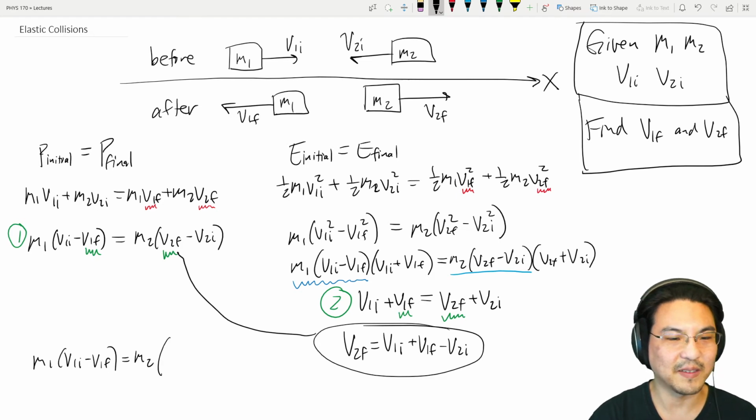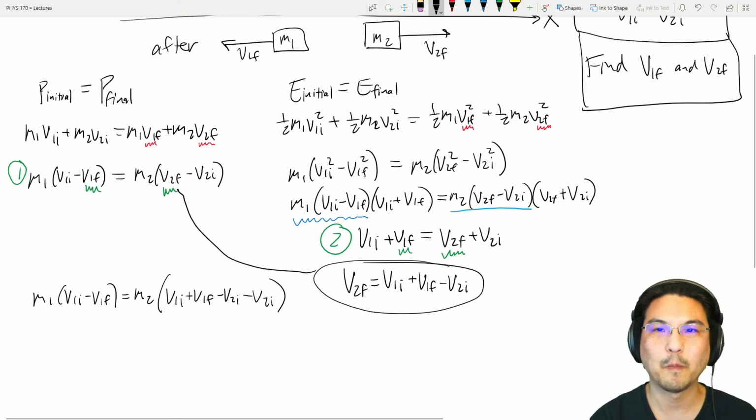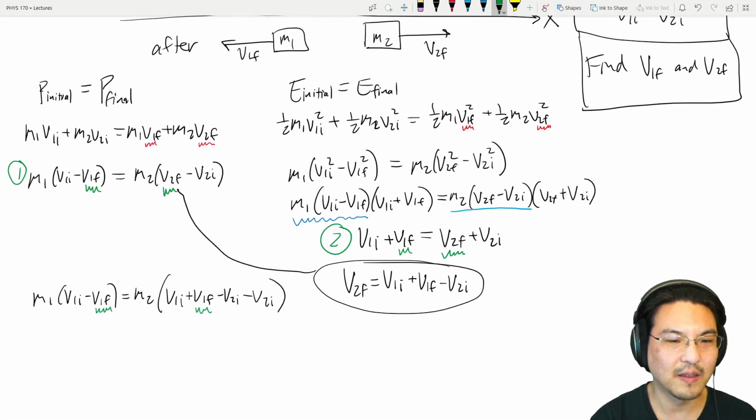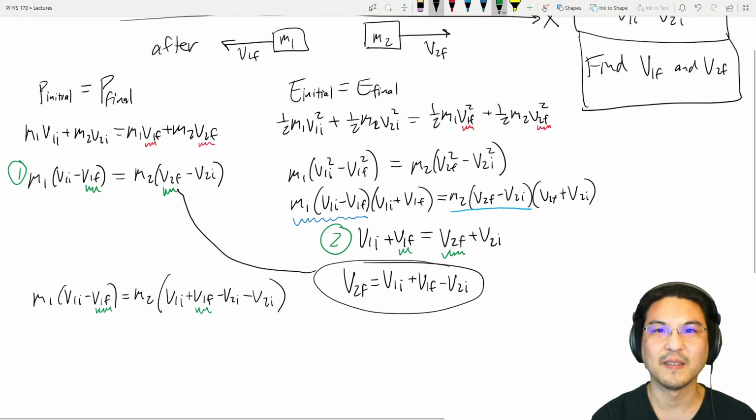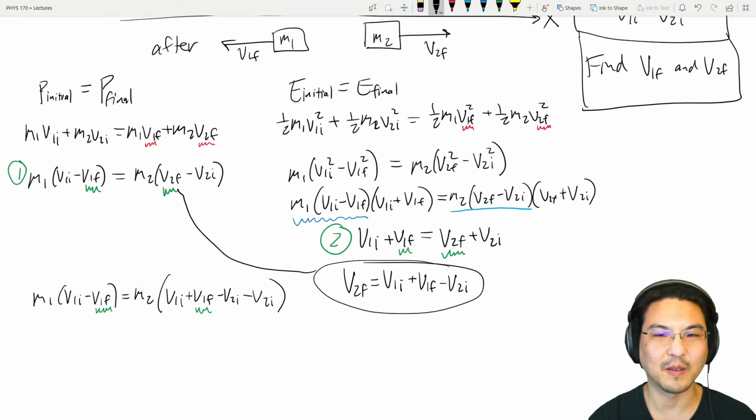Okay, so V2 final is all of this. Right, and then the rest of it. Right, and now the only unknown is here. Okay, so you notice the common theme throughout physics is always keep an eye on what is known and what is unknown,